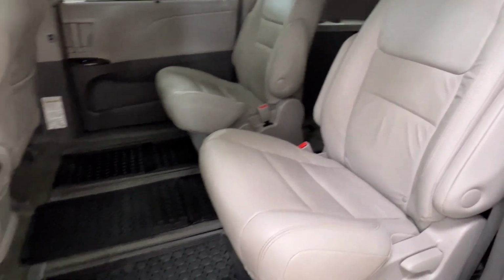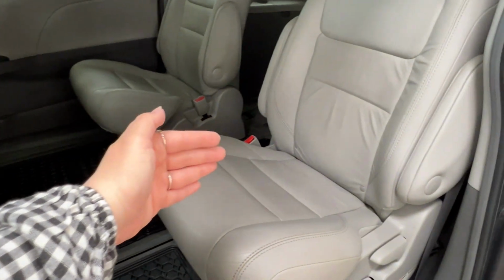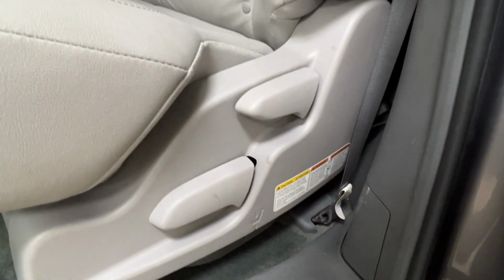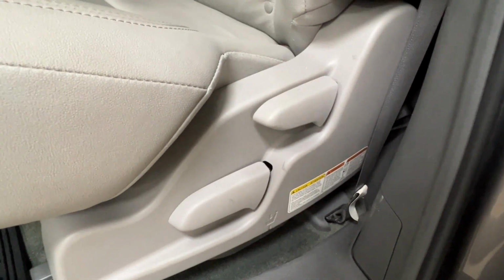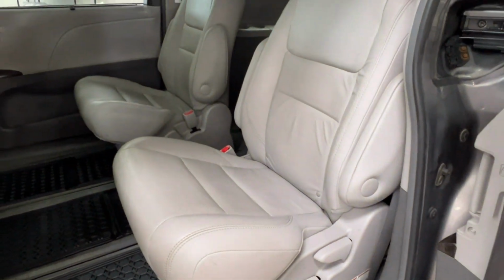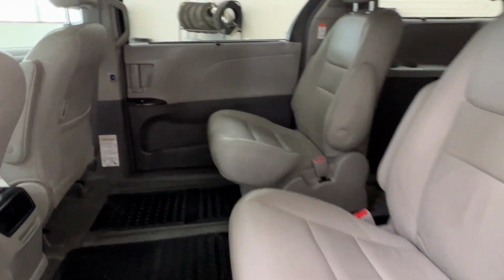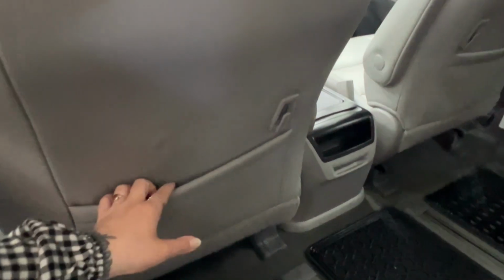which, as we said, you can use as a path of travel to get to your third row, or there are controls on the side of the seat. There are little diagrams showing you which control does what. This way you can move your seat back and forth as well as lay it down flat to increase your cargo space. Now, looking inwards, on the back of your front passenger and front driver seats, there is pouch storage,